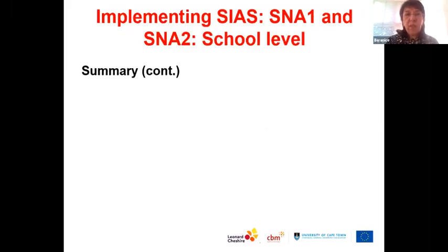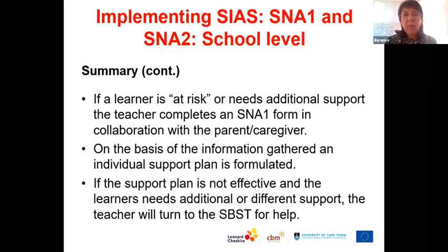We've spoken about the learner at risk. The teacher completes the SNA 1 form. On the basis of the information gathered, an individual support plan is formulated, and that's also in the CS documentation, which once you've completed your SNA 1, it will give you ideas of what should be in an individual support plan. And that is just at the teacher level.